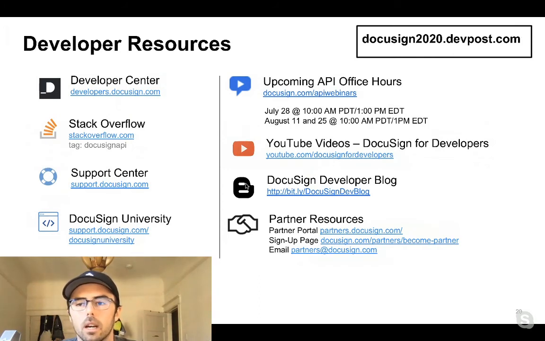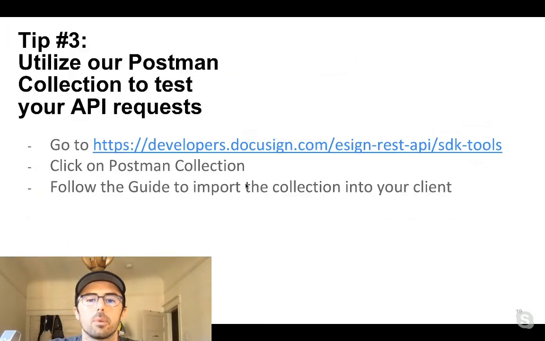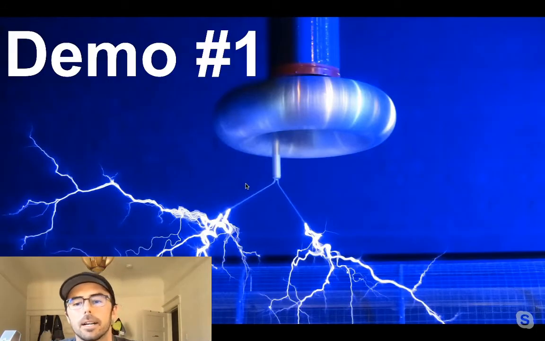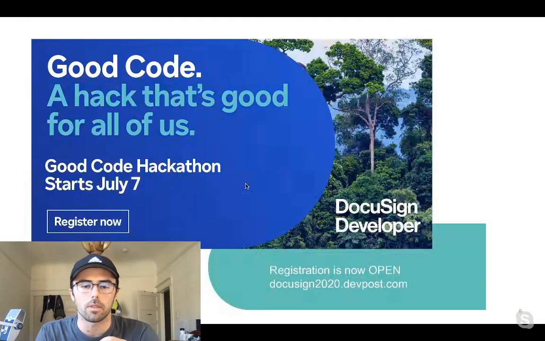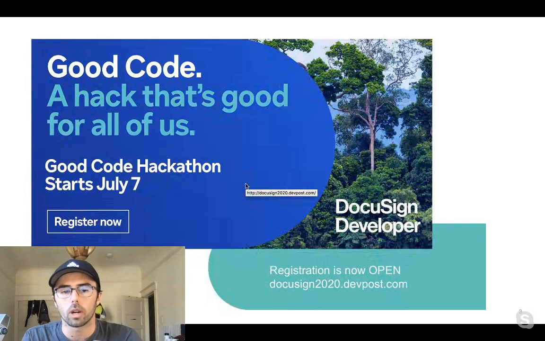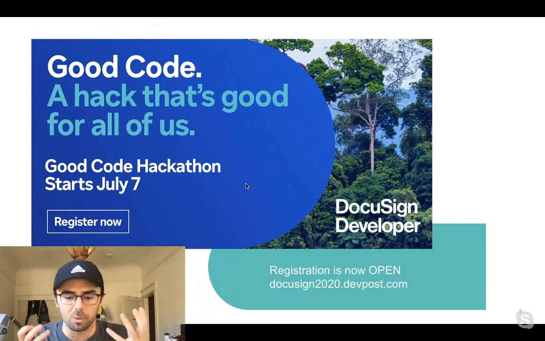But as a quick return to the core reason why we're having this live stream, the Good Code Hackathon, if you have not already registered, make sure to do so at duxton2020.devpost.com. I'll go back to the slide here. And we really appreciate all of the support and hard work that you as developers are putting into this. We put a lot of time into the Good Code Hackathon, and our partnership with them is very, very strong and very important to us. So we look forward to all the really cool things that you build with DocuSign and FSC.